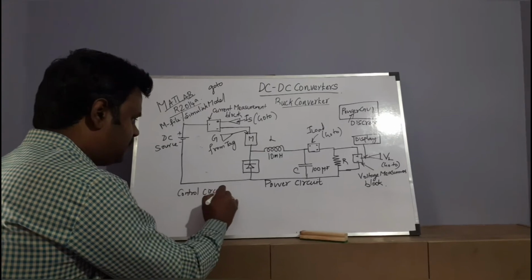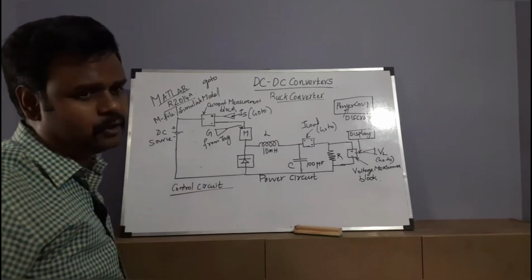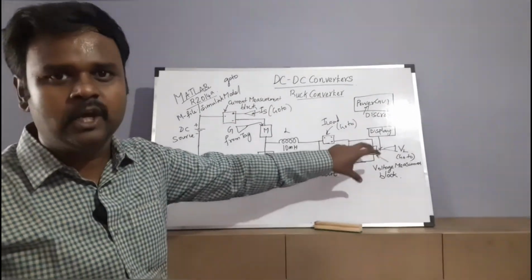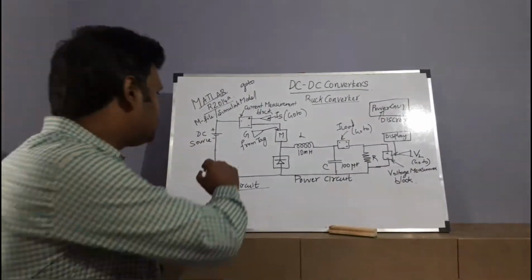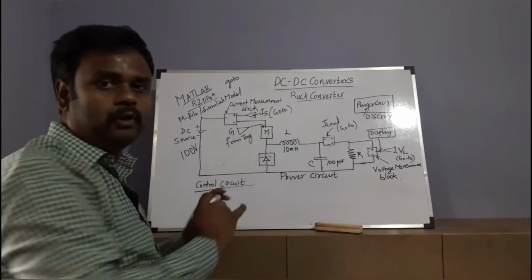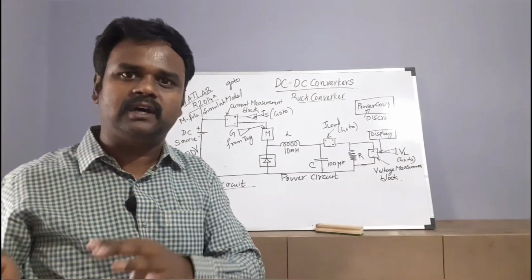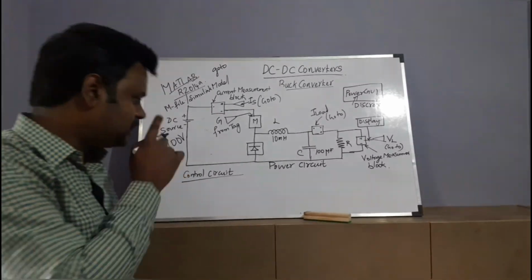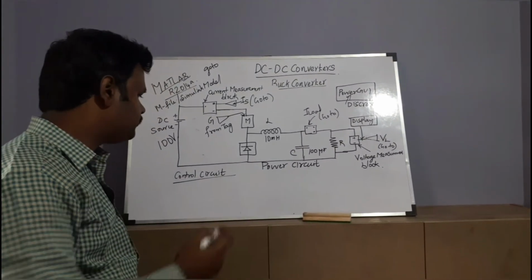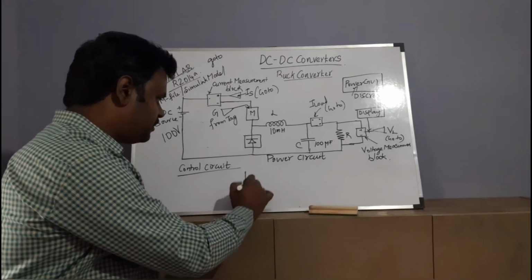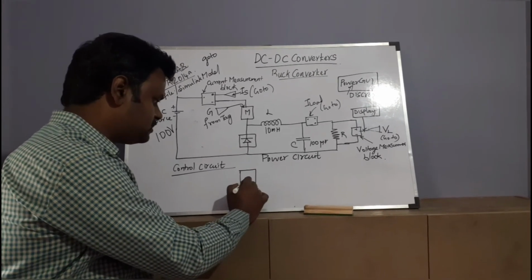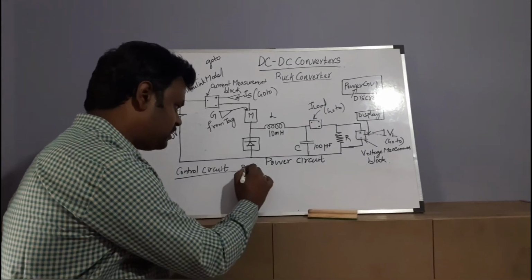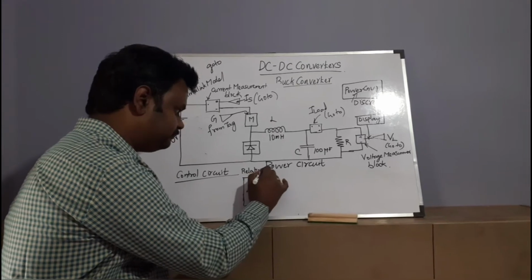Control circuit is the next part. Why control circuit, you may ask? You have to control this switch. Based upon the controlling parameter only, your output voltage will vary. For example, in my case, my input voltage is 100 volt. I want to reduce this voltage to either 69 volt or 48 volt or 9 volt based upon my needs. Now I am going to do that. For that control circuit, what are the things that I need? First, I need a relational operator for comparison. So I am going to use the less than or equal to relational operator, available in the library.